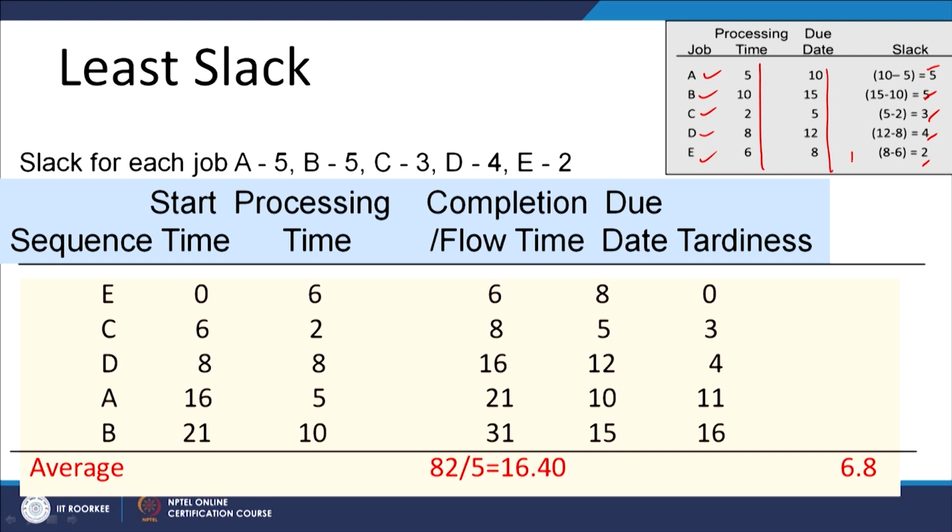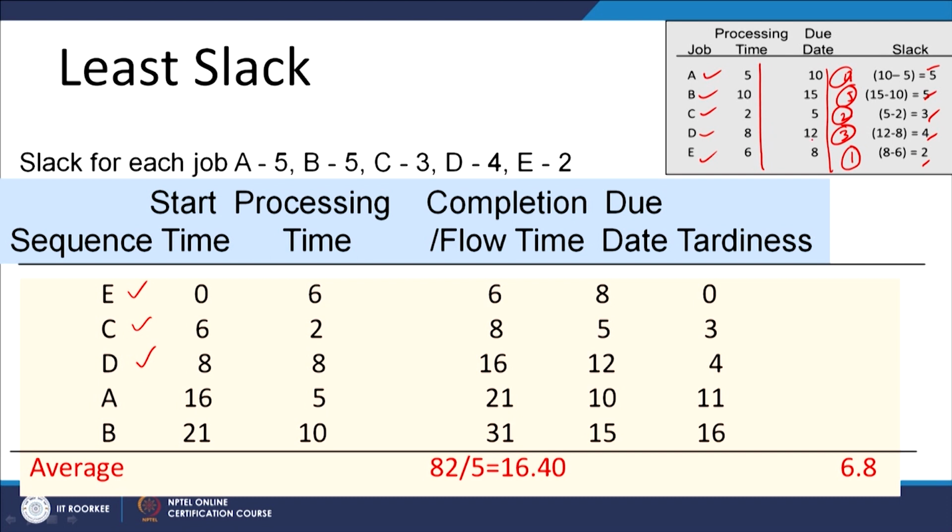having the least slackness. So, the least slackness is with E, then the next higher least slackness is with C. So, the second priority is given to this, then the next ones will be 4 and 5. So, we can give A the 4th and B the 5th priority, and accordingly we put them in sequence. So, E having the least slackness, then C, then D,